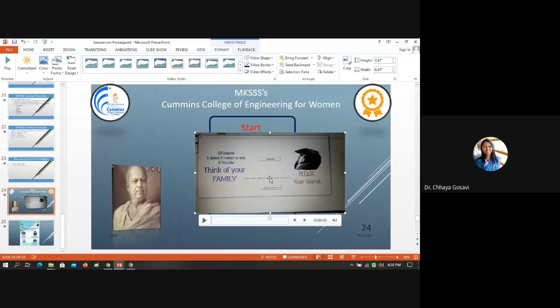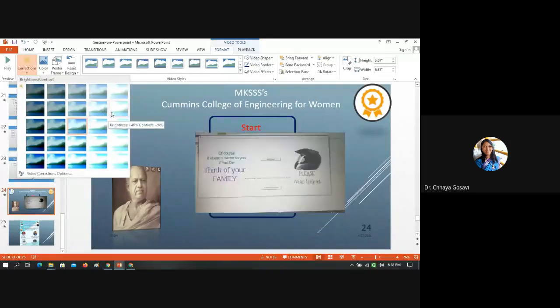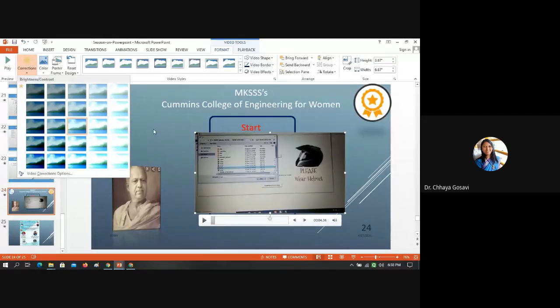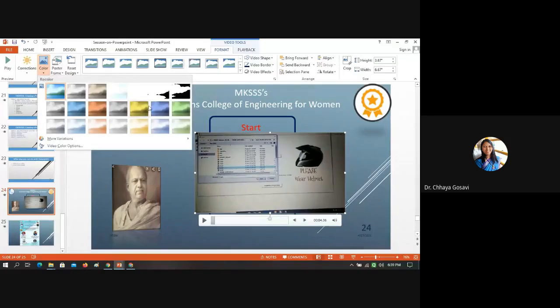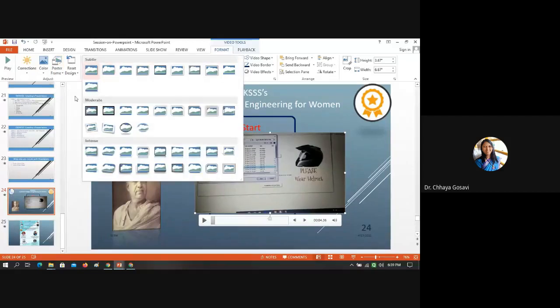Now when I click here, you can see the video toolbar appeared. So what does the video toolbar allow me? It allows me to play that video. So video is playing. Or I can do corrections, means change the brightness, contrast. If it is not properly visible, we can do that. Then color can be changed if it is allowed. Then poster frame, this is the current frame,